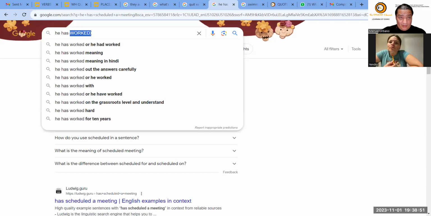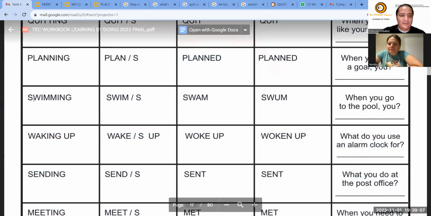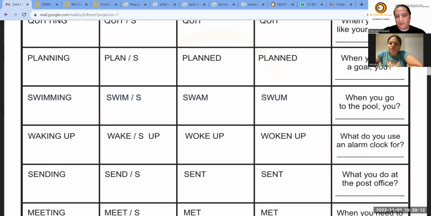And another thing is that I want my students, I want you, to understand that the changes in the verbs are not that many. Los verbos en realidad no cambian. ¿Cómo sabemos cuándo utilizamos este? Pues cuando queremos decir que he nadado. I have swum. She has swum. Ella ha nadado.